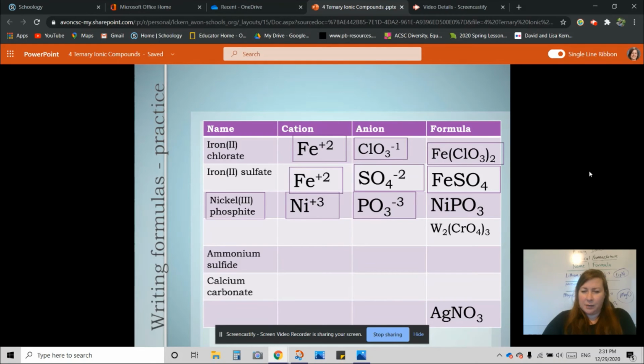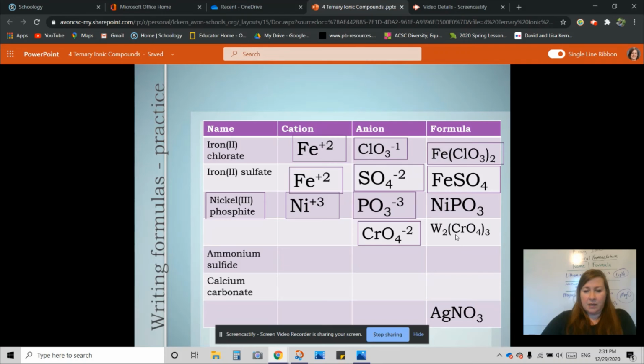This one looks complicated as well. So here we've got CrO4, which looks like a polyatomic ion. It's grouped in those parentheses, so you can look it up on your chart. And CrO4 is called the chromate ion, and it's CrO4 with a -2 charge. Now,